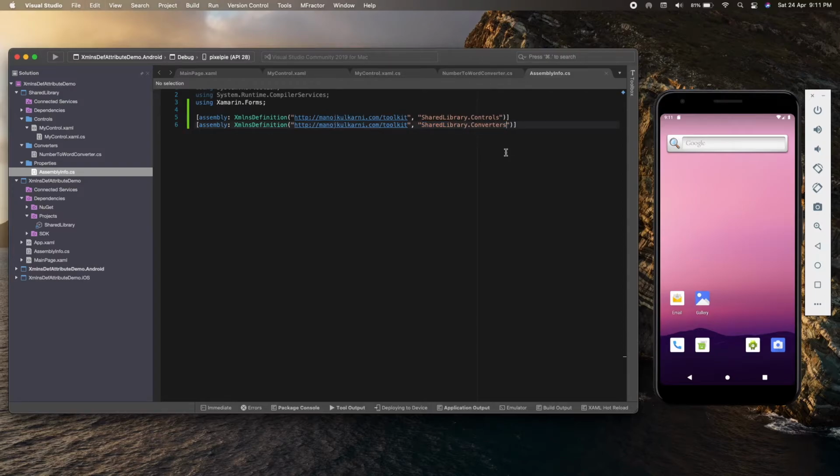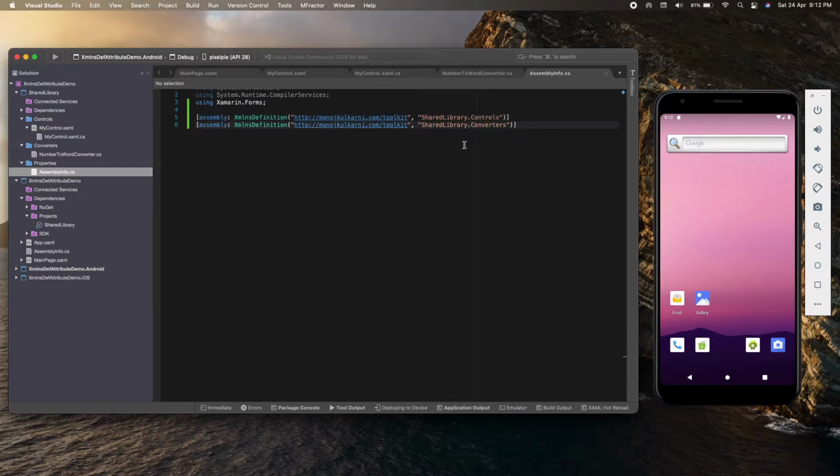Now how this works is, instead of adding separate namespaces, one for the control and one for the converter, I can use this XAML namespace and access both the control as well as the converter using this single namespace. So I don't need to add multiple namespaces to use the control or converter.